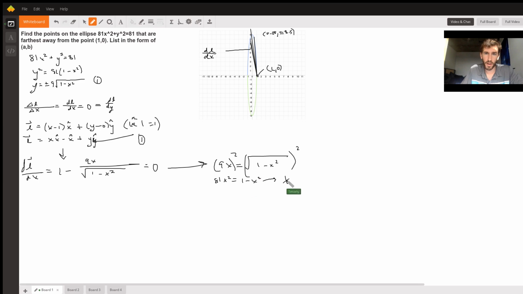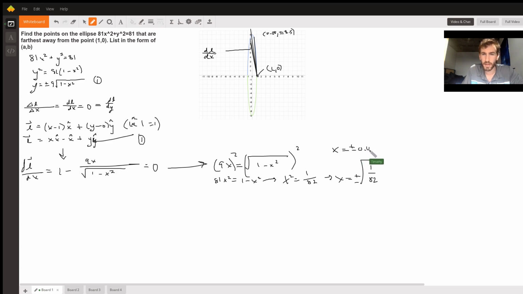So x squared is equal to 1 over 82. And then x is equal to plus or minus the square root of 1 over 82. All right. And yeah, so I'm getting x is equal to plus or minus